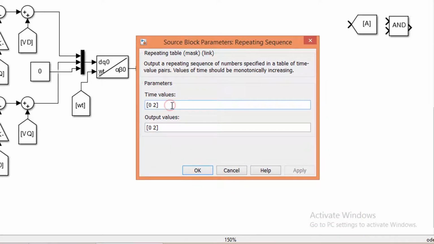Here set switching frequency as 10 kHz for a -1 to 1 triangular carrier signal.